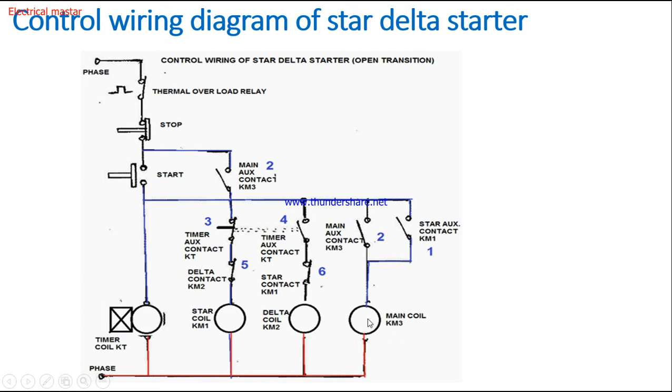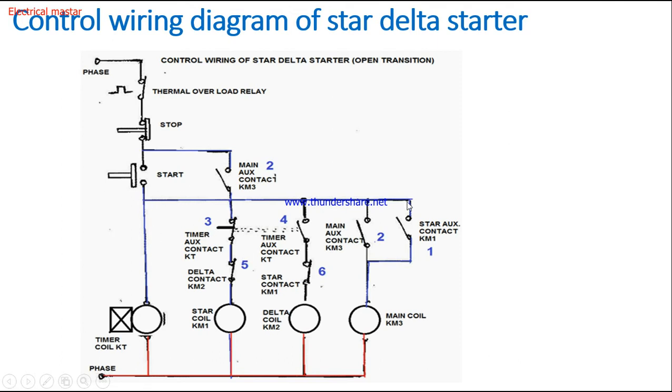So when the main contactor picks up, the main contactor NO will be closed. See here, this is the main contactor NO. It will be closed, and here also a main contactor NO will be there. It will be closed. So the parallel main contactor NO we are using as the holding contact of the start push button. When we press it, these functions are happening. When we release the start button, because the main contactor is picked up, this NO will remain closed.